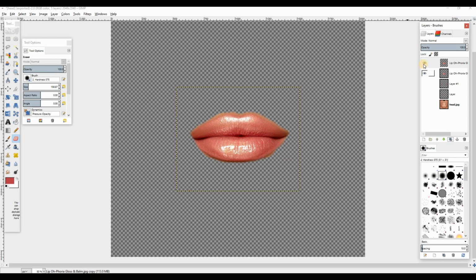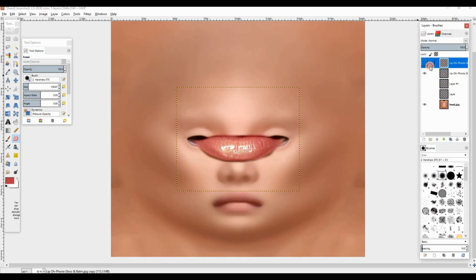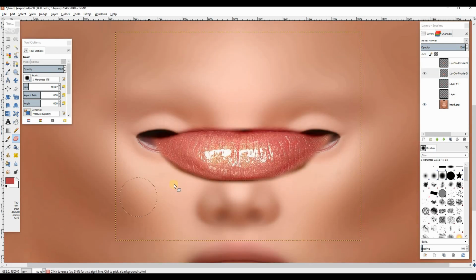Now I'm gonna duplicate it, hide the first layer, click on the bottom image, and then here I'm gonna erase the upper lip, and here I'm gonna erase the lower lip so I can adjust it better. Okay, now that I have them as separate layers, I'm gonna open here the image, hide the upper one, so we'll start with the lower one, go on the higher,